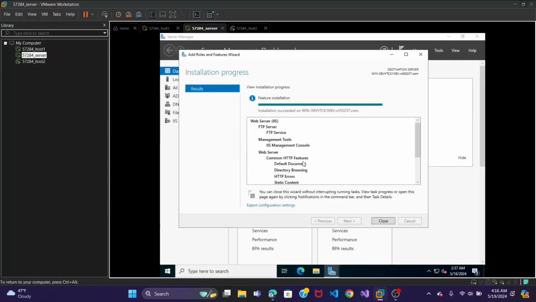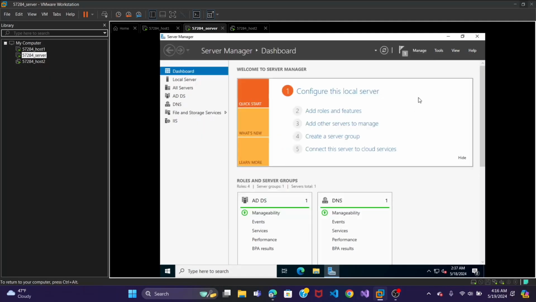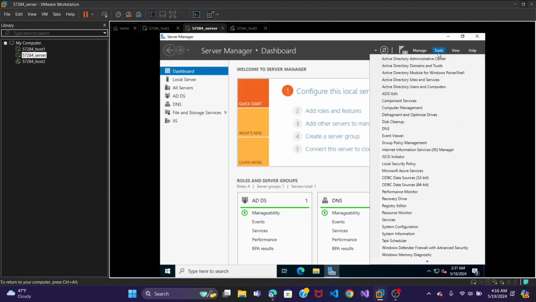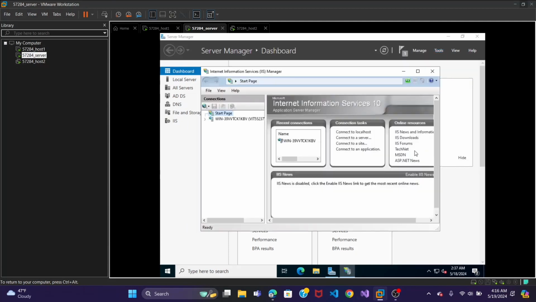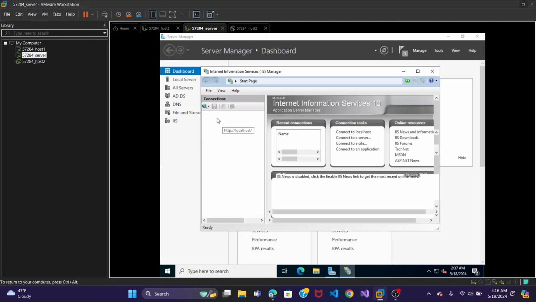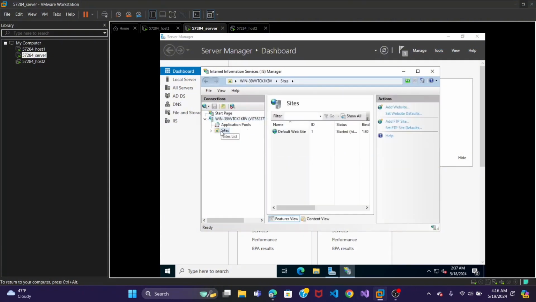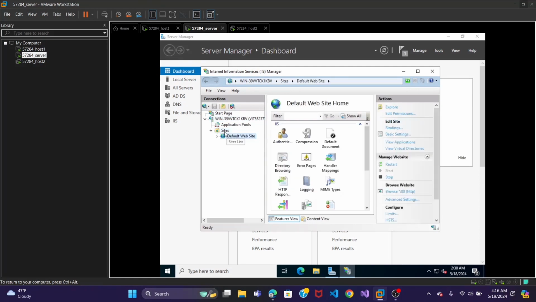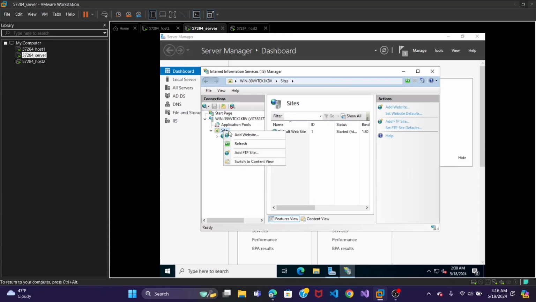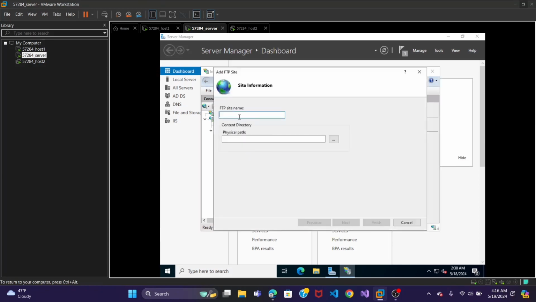Okay, so our FTP server installation is finished now. We'll close it and then we'll go to Tools and then Internet Information Services (IIS) Manager, and here is our computer, and this is our FTP site. So this is the default website. So here on Sites we will add an FTP site,